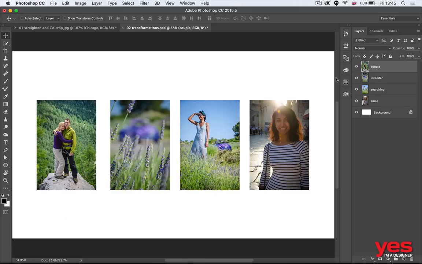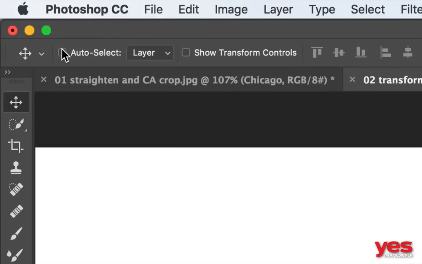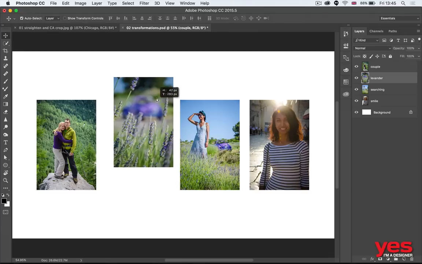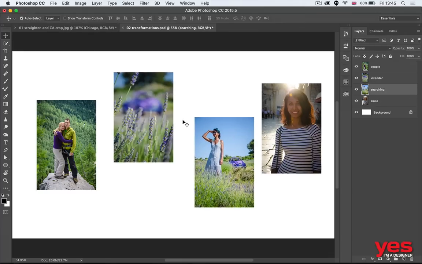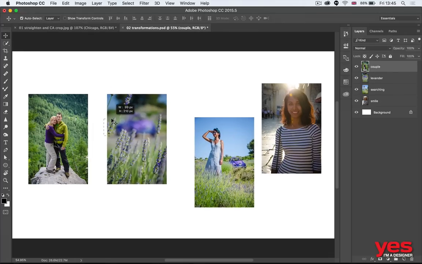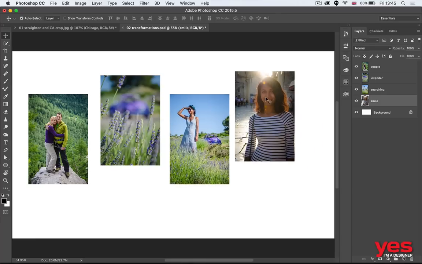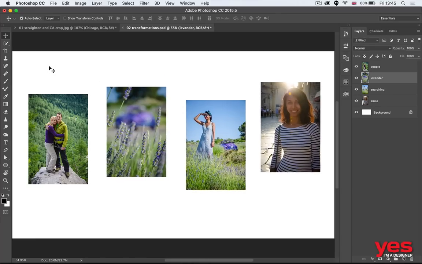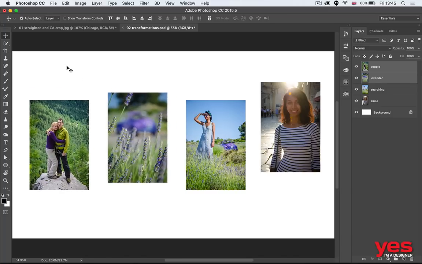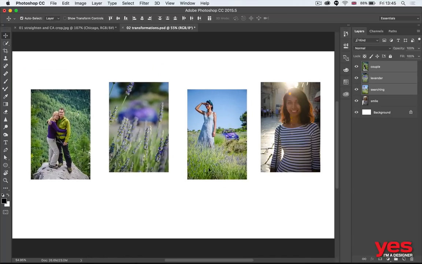So each of these images is a separate layer. Now, you probably know this tool or feature of the Move tool called Auto Select. If that is selected, that's great, because then whatever you click on will be able to move around immediately. And see on the right, it swaps between layers automatically, which is great. I can even click and drag, highlight 2 layers and then move those around. Or again, click and drag, highlight these 3 and move it around. And if I click somewhere outside, that's deselecting layers. So this is great, this auto select feature. But I